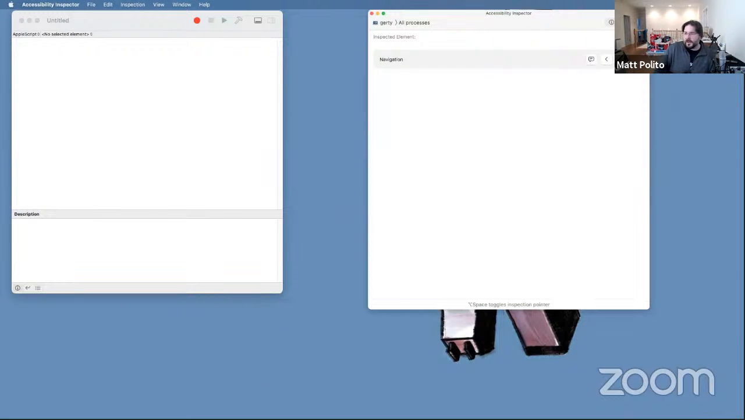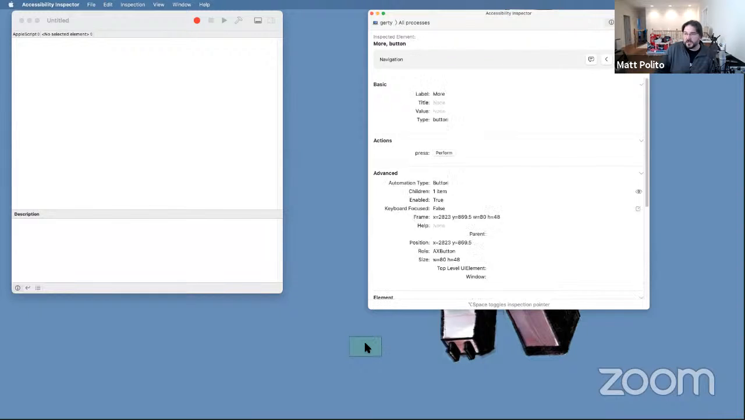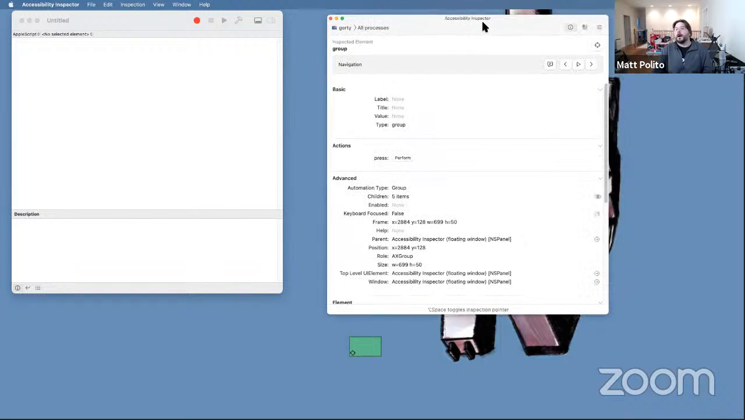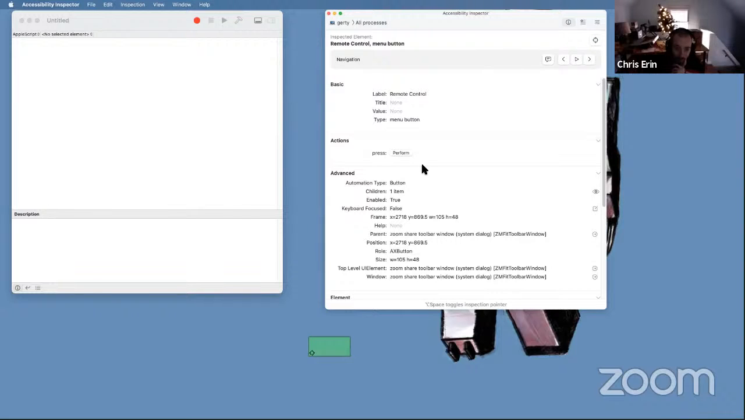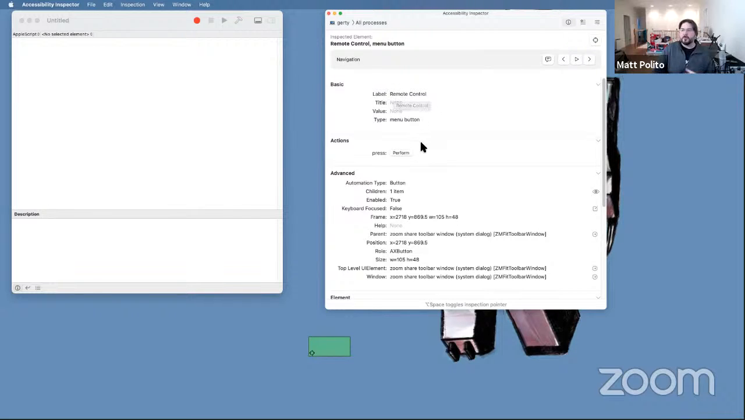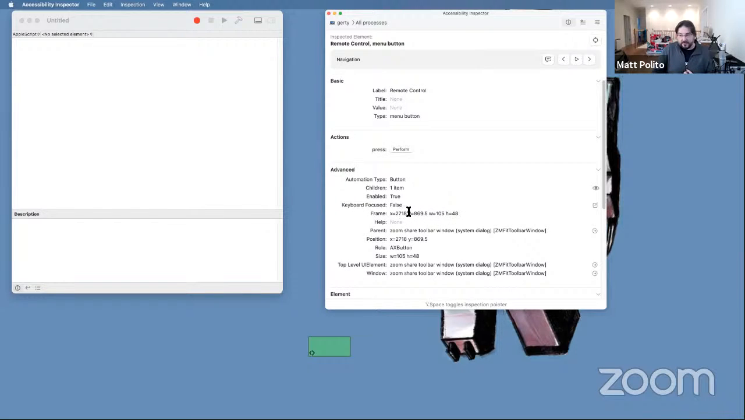All right, so I'm going to click on the button that I want to click, which you can't see, but you should be able to see that I'm seeing it here. And just like web dev tools, I get a lot of information about this button in the interface. I can see that it has no label, which it does. I wonder if it's because of the way this is working. All right, let's try this one. So it's a button that says remote control. It's a menu button. These are the coordinates on the screen right now,